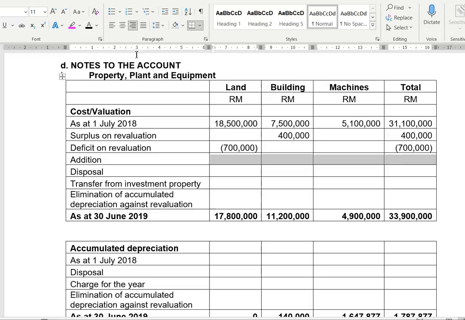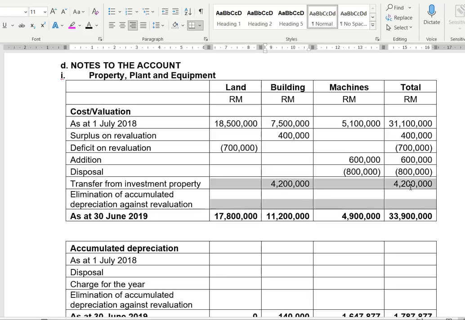Addition here is the new addition for the new component of machine. Disposal here is the replacement of the old component. Transfer here is the carrying amount that has been transferred, 4.2 million. Because now it is no longer an IP, it is an item of PPE, and that's why building has been increased by 4.2,